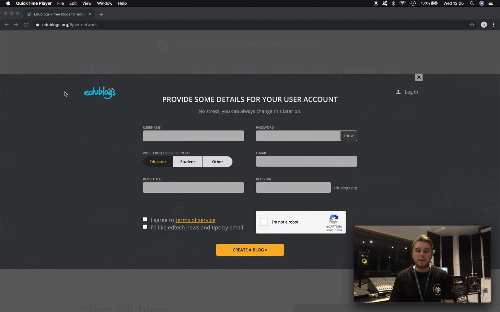EduBlogs. Now you're going to be using a blog to collate all of your work over the year, so it's really important that you set it up correctly and also think about using this blog as your portfolio so you can take this on from college to show potential employers your work. And it's just a great place to put everything that you're doing over the next year or two into one